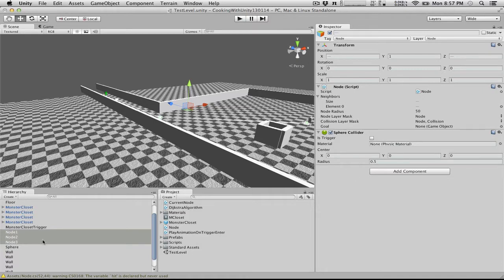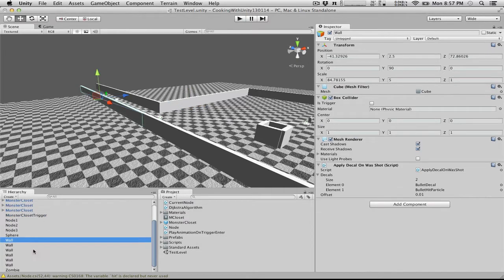You may have wanted to put that in the... Oh, wait, you did. Never mind. I see. What now? Got it. Nodes and collision for the collision layer mask. Okay, that makes sense. Sorry. Okay. So,